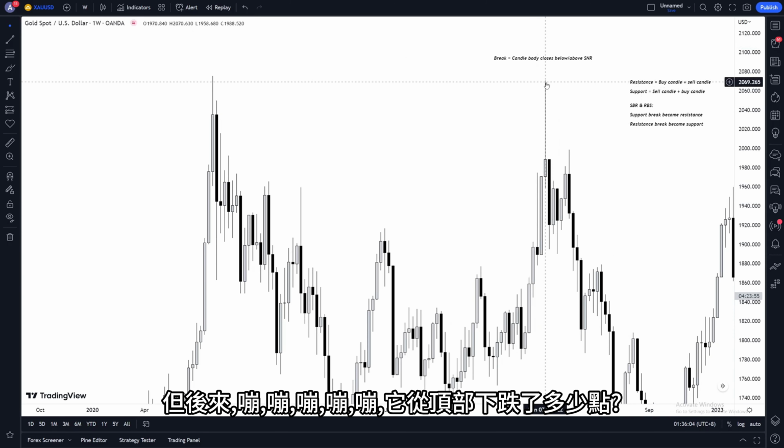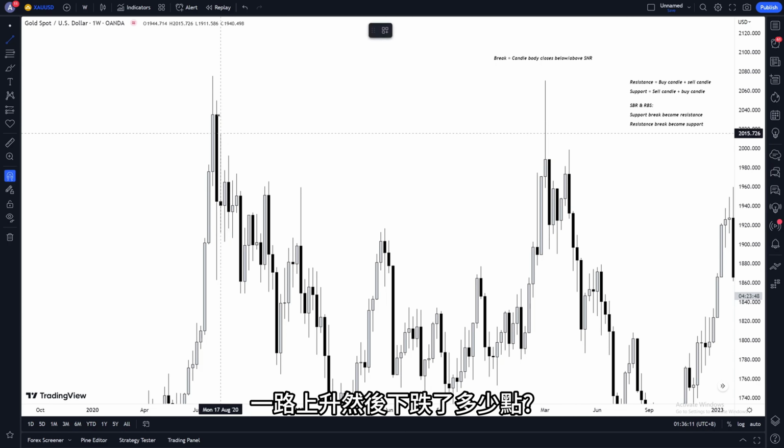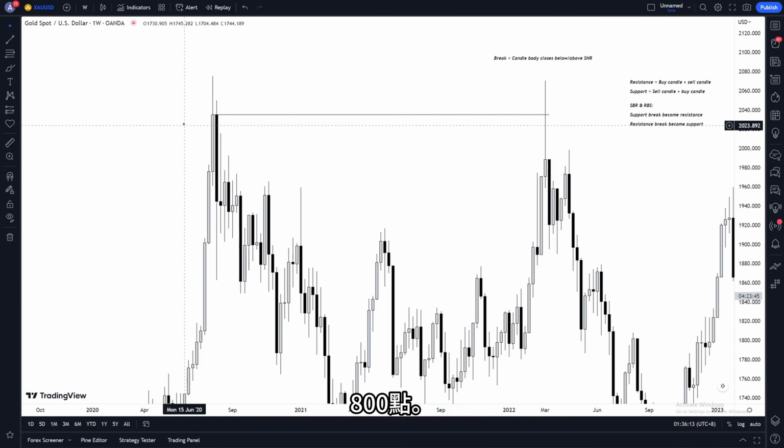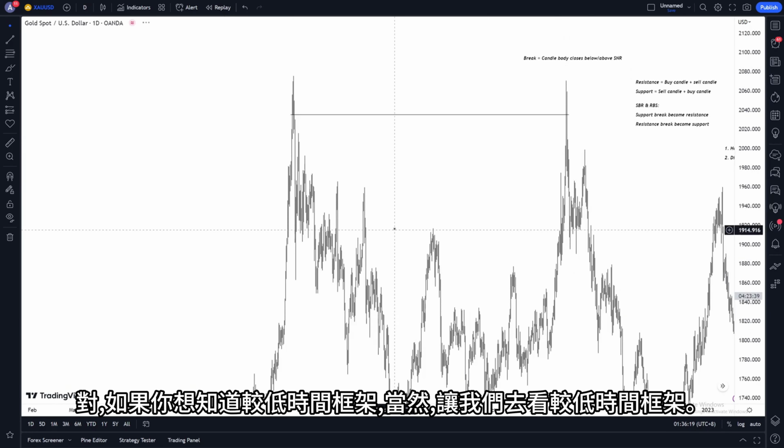Just blast right through. But then, boom, boom, boom, boom, boom, it dropped how many pips from the top? Went all the way up and dropped how many pips? 800 pips. That's a rejection, my friends. That is no break. Buy, sell, right? And if you're wondering about the lower time frame, sure, let's go and take a look at the